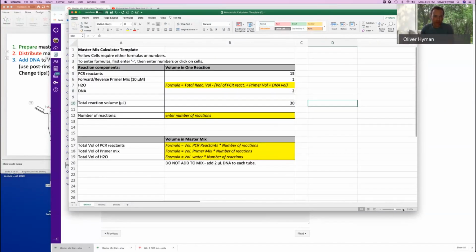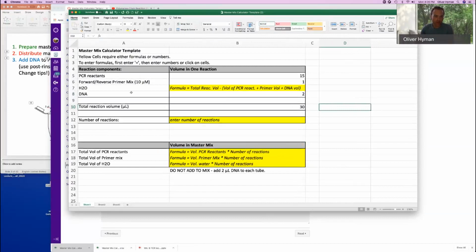So essentially what the spreadsheet is showing you is the volume of each major reaction component in one PCR reaction. So we're looking at PCR reactants, which is your dNTPs, some salt ions, your DNA polymerase, and for each reaction there's 15 microliters of that. Then we've got our forward and reverse primer mix. For each reaction we're going to have 1 microliter of that. We've got our H2O, so this is actually going to vary according to the amount of the other reagents and the size of the actual reaction that we have. Then you've got your DNA template, so we're adding in 2 microliters of DNA template for every 30 microliter total